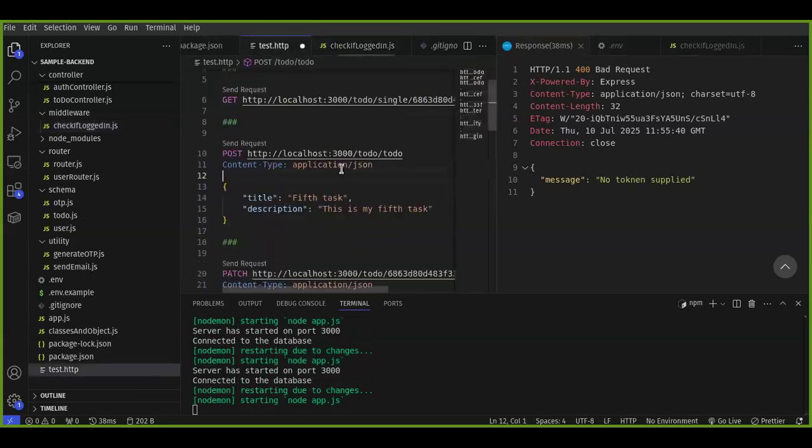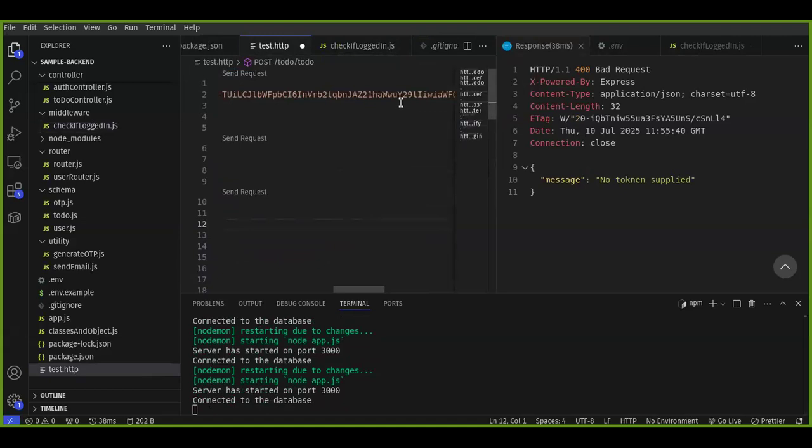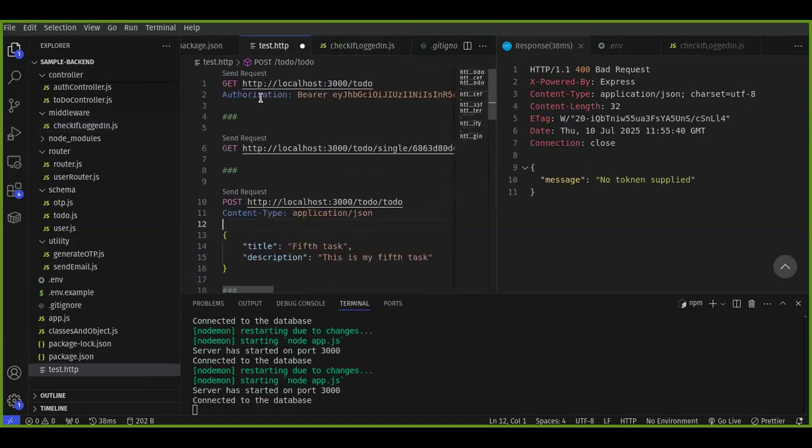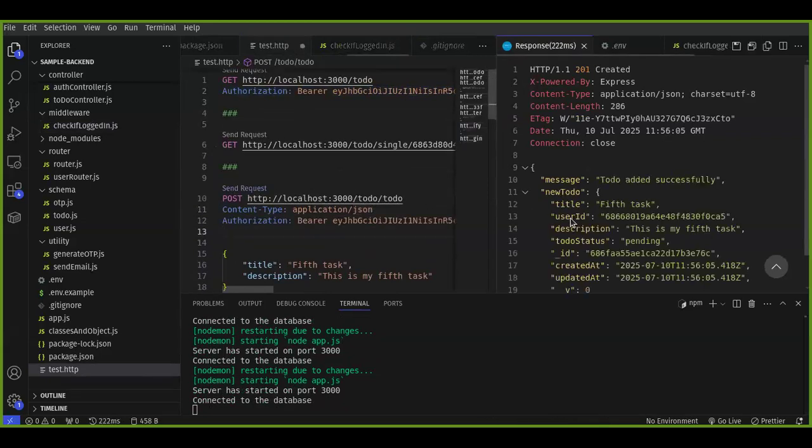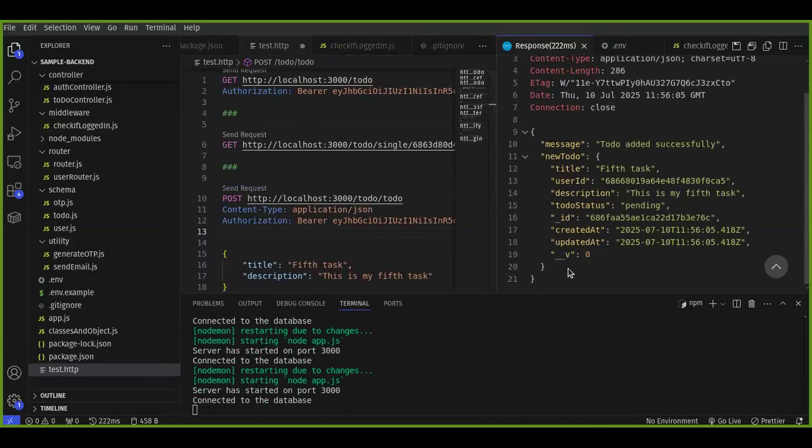Sorry about that. No token supplied. So let me just copy that bearer token and use it. So I do that. Definitely. So now look, we have this new user to do created, but it has a user ID, and I can get